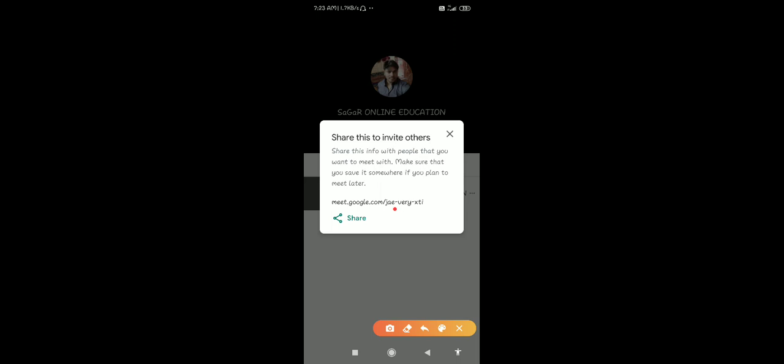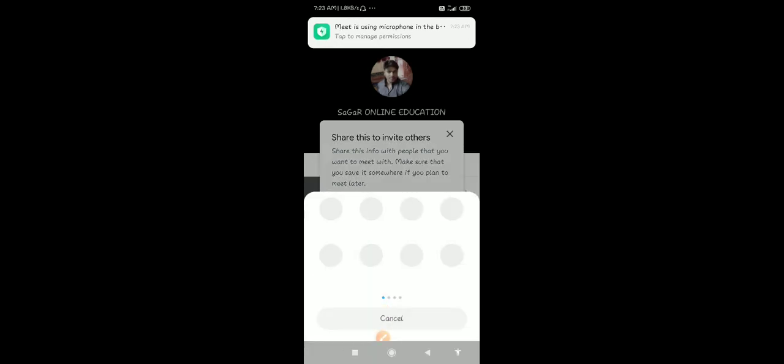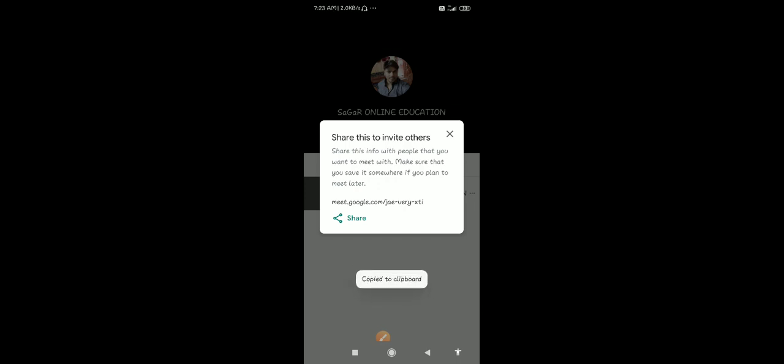ID. You can see here the ID, that is the meeting code or meeting ID. Just click on the share button. The meeting code will be generated. You can copy that to the clipboard and share it with any person.